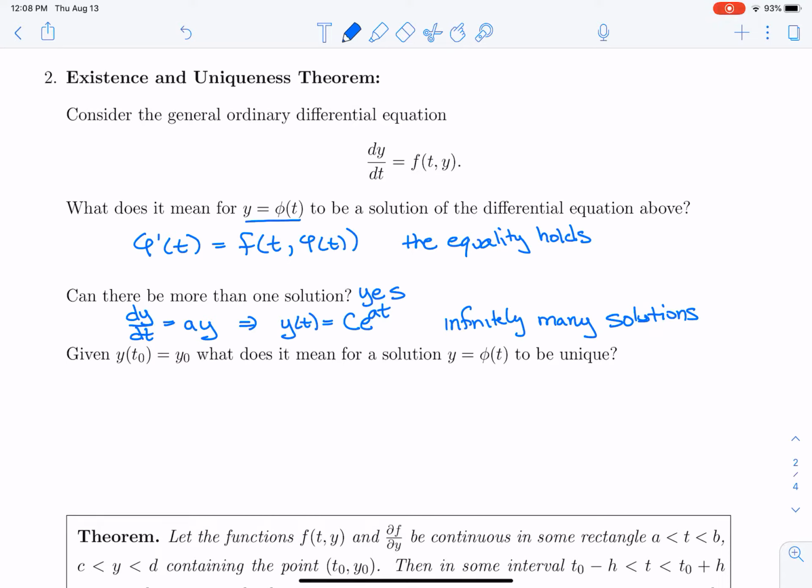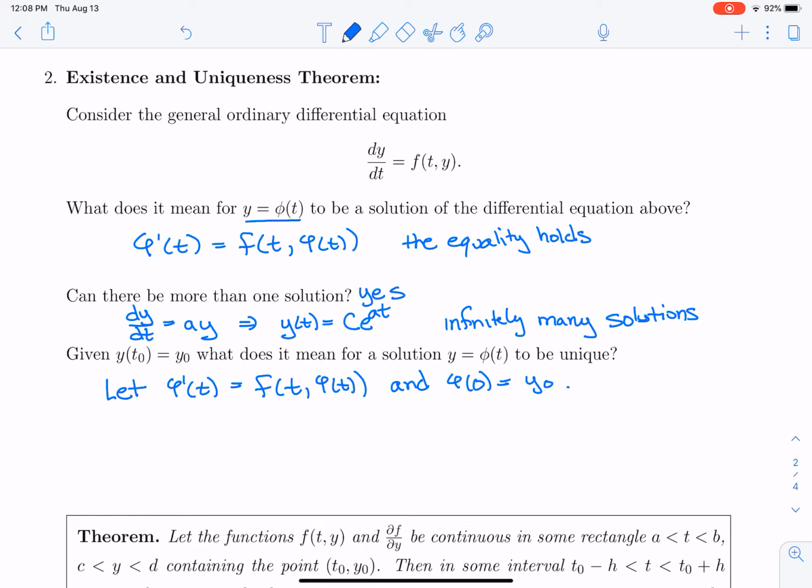What it means for a solution to be unique is this: if we let phi prime of t equal f of t, phi of t, so that formula is a solution to the differential equation, and we say that phi of 0 is equal to y sub 0, so it satisfies the initial condition,